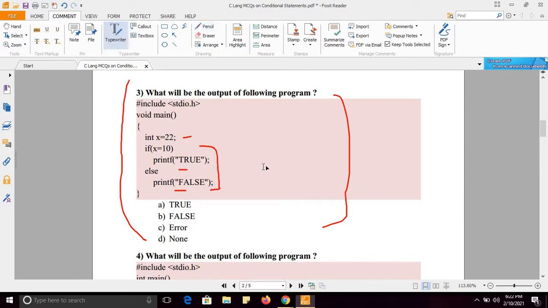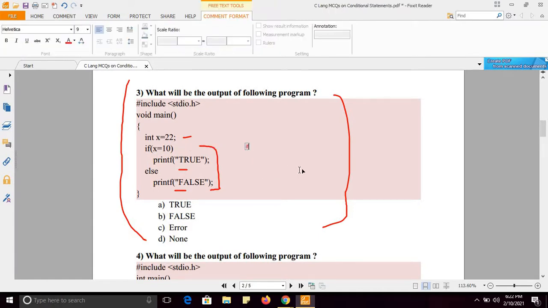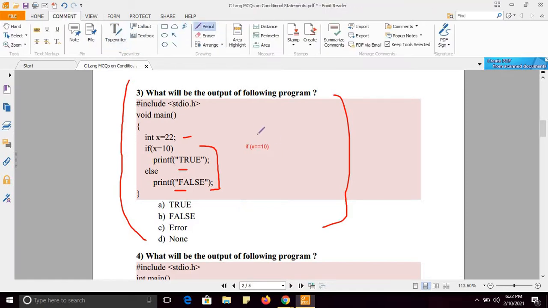See the difference. Here it is not written like if x equals to 10. See the difference between both. Here it is only one equal operator. It is an assignment operator.